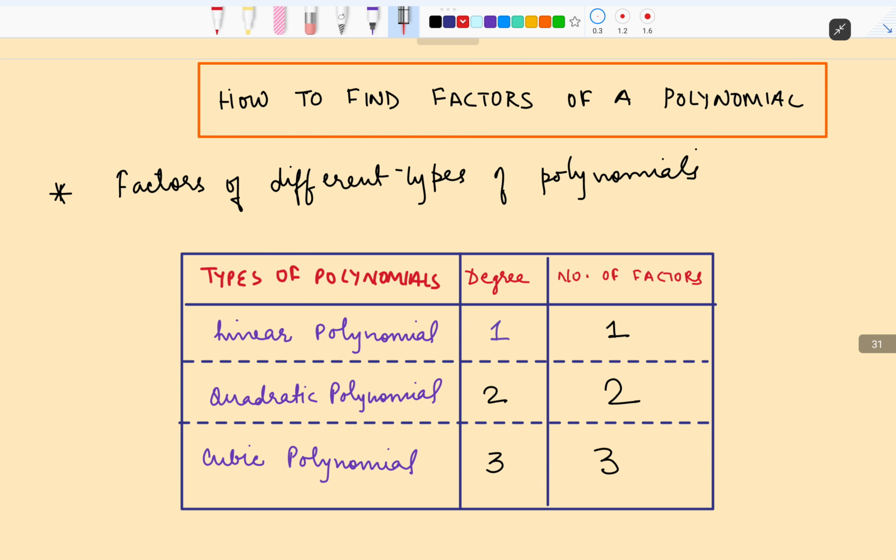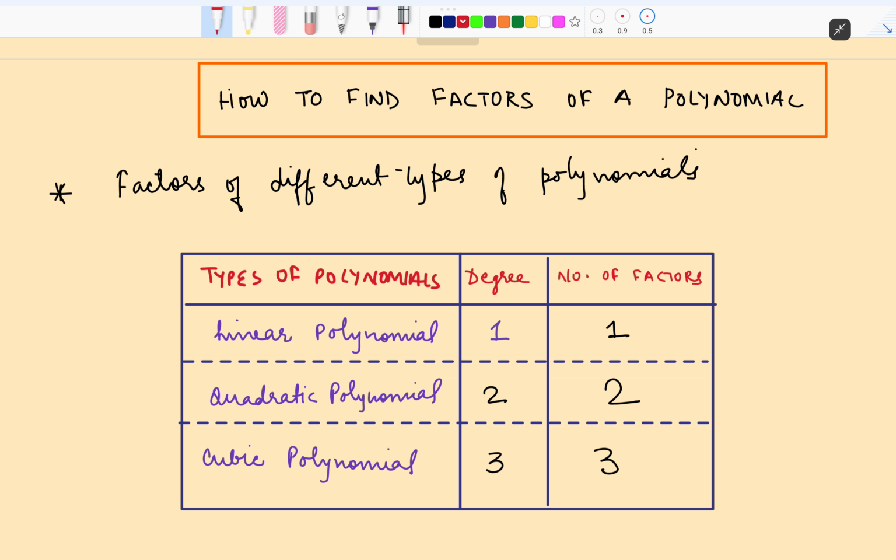Okay? Now, before we find the factors of a polynomial, one thing which is extremely crucial to understand is the relationship between the number of factors and the degree of the polynomial. When you have to factorize a polynomial, essentially you have to find out all the factors of the polynomial given in the question. So to find out all the factors, it is important to know how many factors a polynomial has, right? And it shares a relationship with the degree of that polynomial.